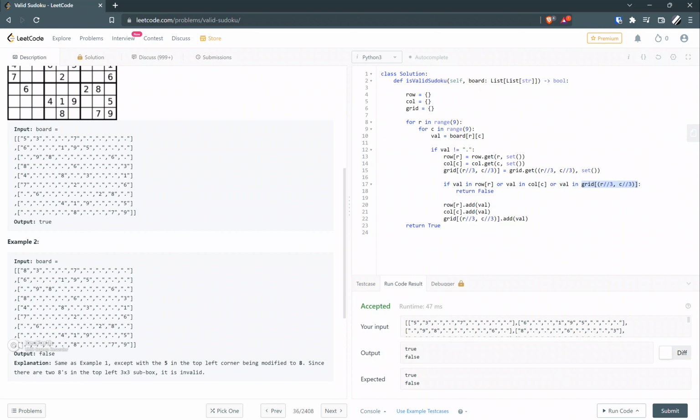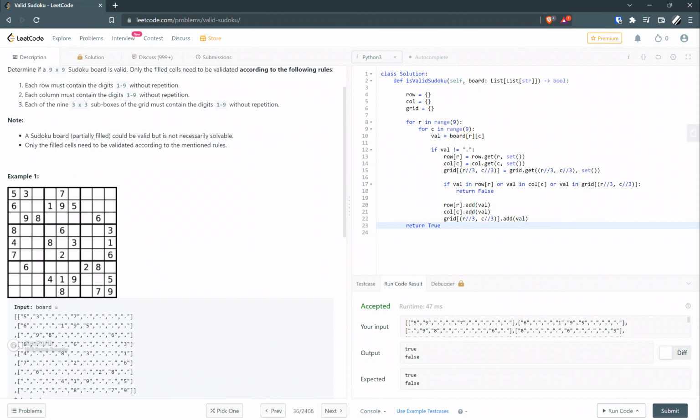यदि त्यो प्रेजेन्ट छ भनेपछि इमिडिएटली त्यो रिपिटेसन भयो भनेर हो। अनि रिपिटेसन पाउन साथ हामीले अरू चेक गर्नु पर्दैन, इमिडिएटली फल्स रिटर्न गर्दा हुन्छ है। यदि छैन भनेपछि यो लाइन स्किप हुने भयो। त्यसपछि हामी के गर्छौँ, त्यो भ्यालुलाई त्यही इन्डेक्सको लागि त्यो सेटमा एड गर्छौँ: रोको लागि नै एड गर्छौँ, कलमको लागि एड गर्छौँ र ग्रिडको लागि नै एड गर्छौँ, किनभने यो 5 भनेको फर्स्ट रोको पनि पार्ट हो, फर्स्ट कलमको पनि पार्ट हो र फर्स्ट ग्रिडको पनि पार्ट हो।